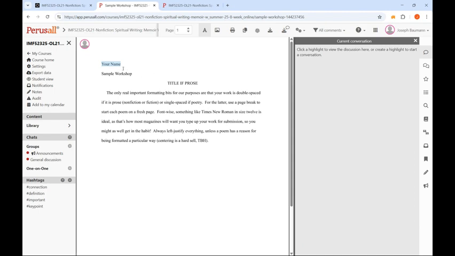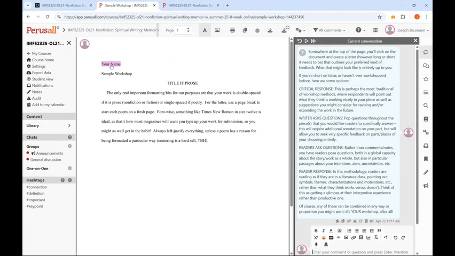But if you see something highlighted in yellow, that means someone else has made a comment. And in order to see those, you just hover your cursor over them and you click on them. Okay? Now, a couple of things. Before I move on to actually annotating other people's work, the last thing I would like to add about yours